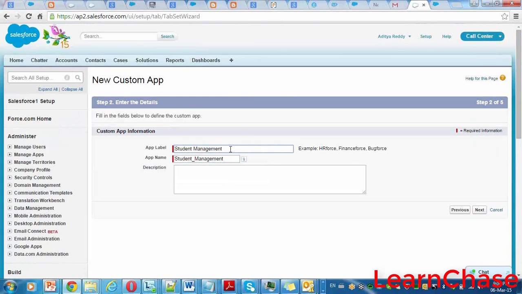For displaying purposes we use the label. For internal tracking purposes and internal functionality, logic and everything, we use this name. You're clear, right? Why we are giving this label and name differently. And you can give the description, why you want to create this application.